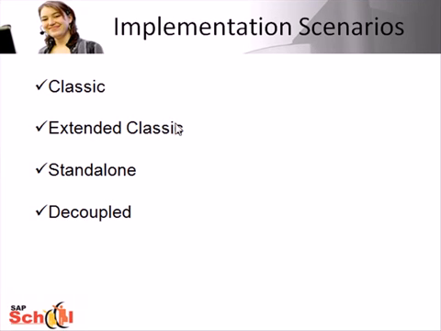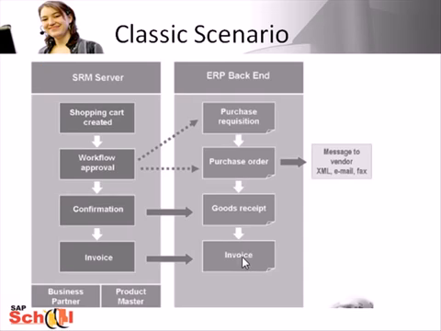Now we take a quick look at certain implementation scenarios which drive how the SRM server interacts with the other core systems like the ERP system. So the first one is the classic scenario. You implement the SRM server and one or more ERP systems. All the shopping carts refer to material management processes in your ERP backend, and your ERP system in this scenario is the leading system. Goods receipts and invoices can be entered in the SRM server or in the ERP backend